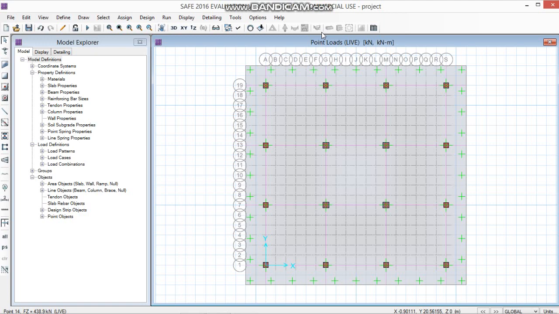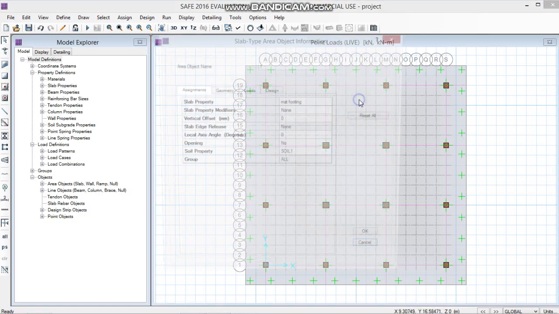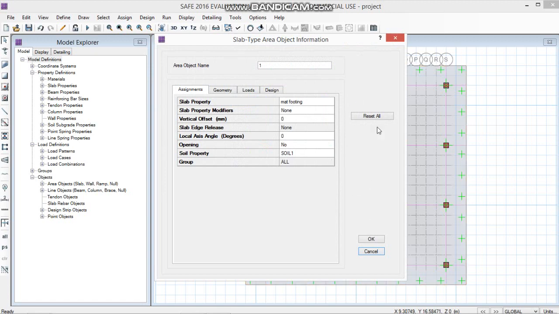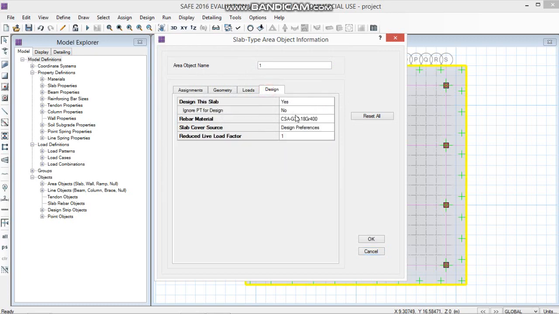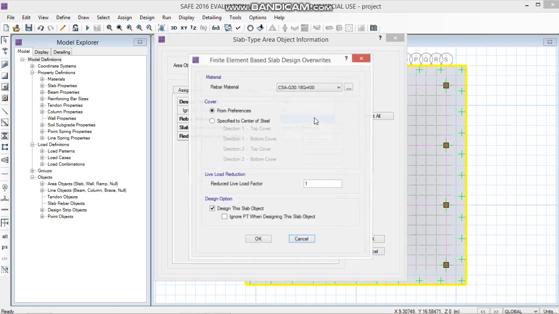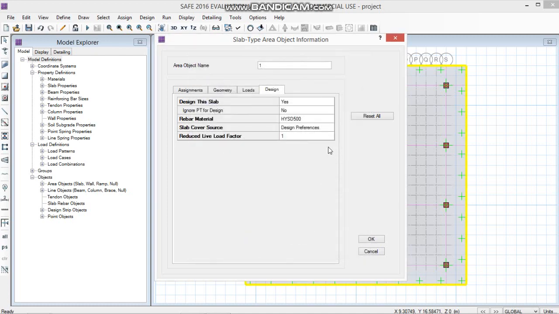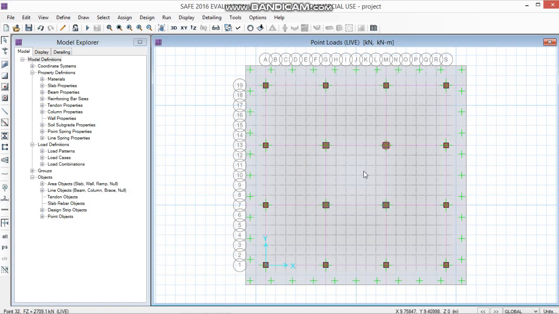Okay, so now we will assign the rebar material. Just right click on any footing. Now go to Design, Rebar Material, select it as HYSD 500, click on OK, then click on OK. Properties have been set.